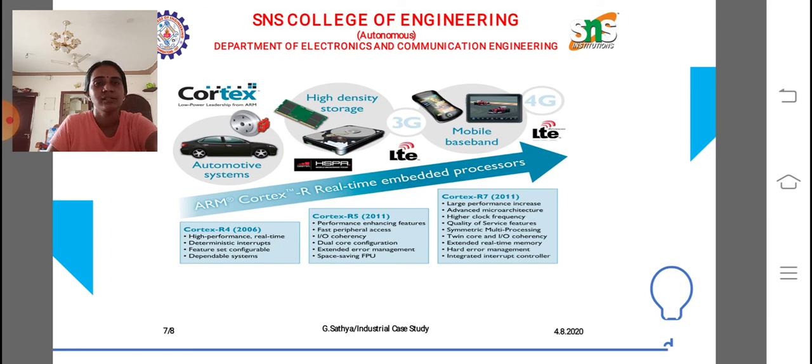So I think all of you got a clear idea about the ARM family, that is, how it is used, where we were using this ARM processor in olden days, and what is single core, what is multi core, and what is dual core. So far we have discussed in a clear manner. I think everyone got a clear idea about this case study topic.